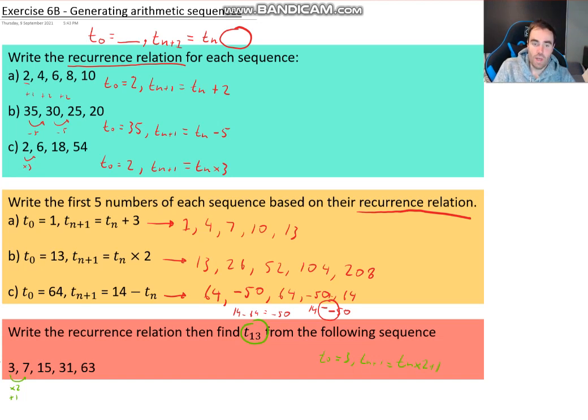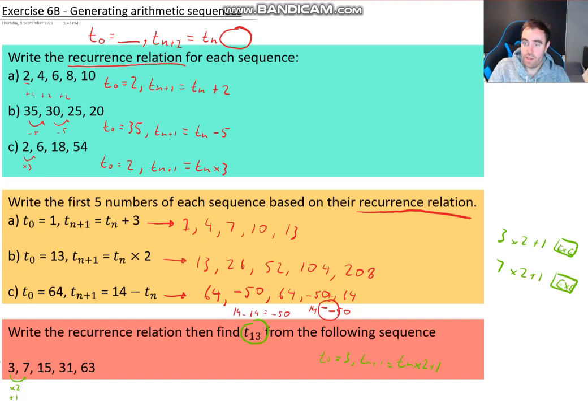Now for this, we need to find term number 13. This is where most people go wrong. Now I have done this in advance, and how would you do it? Well, if you get your CAS handy, and apologies because I actually don't have the CAS software on my home PC, what you do is you do the first term, so you literally put into your CAS 3, and I'll write this as I'm saying it. You just do 3 times 2 plus 1, and then you press EXE, which is your answer button. And then it's going to come up with lovely number 7. Then if you literally don't press anything else and instantly press times 2 plus 1 again, then press EXE,